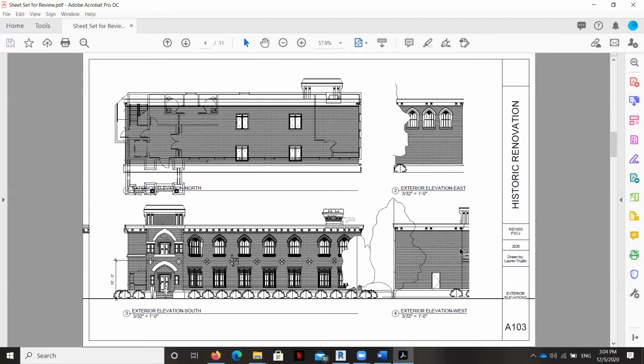You can see here I've got a crop window that's going to need adjustment so that the frontispiece is visible, and I suspect that the case will be the same for this one as well, because you'll see the frontispiece on the side elevation there. Once I make those adjustments, I may have to shift these drawings around just a little bit. But other than that, even though there's quite a bit of things that need to be hidden, this is still a really beautiful sheet, and made even more beautiful by all of the hard work and modeling that has been done to the architectural features.